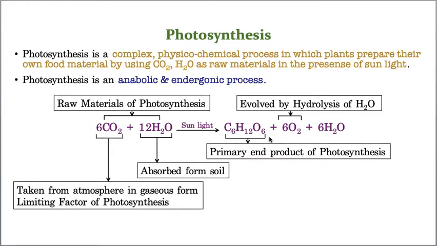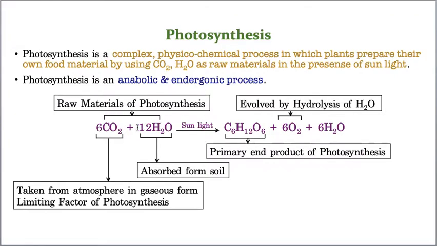Now the third point is, while this reaction is going on, it depends upon certain energy. That means if energy is not there, then it cannot complete its reaction. So as it depends upon energy, it is called an endergonic process. So these are the 3 points which are very important points you have to remember. Hope you understood. Now let us take this equation.